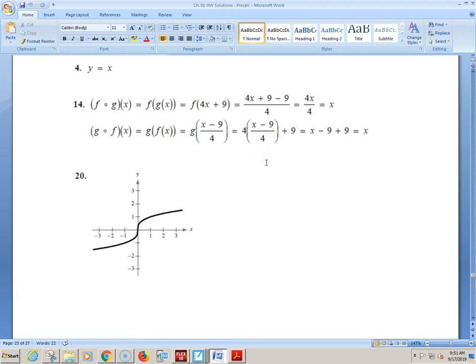Let me guess. Did you switch x and y, solve for y, and see that it matches? Yeah. Technically, what you did was indirect proof, in that you went outside of the problem, solved it yourself, and said, hey, it works. But when they technically say verify, you're supposed to go back to the definition and show that they undo each other. So it's not that you did it wrong, it's just you didn't realize what they were asking. So when they say verify or prove that two functions are inverses, they're giving you the answer like it's already been solved. They want you to show that they truly undo, which we can only show by